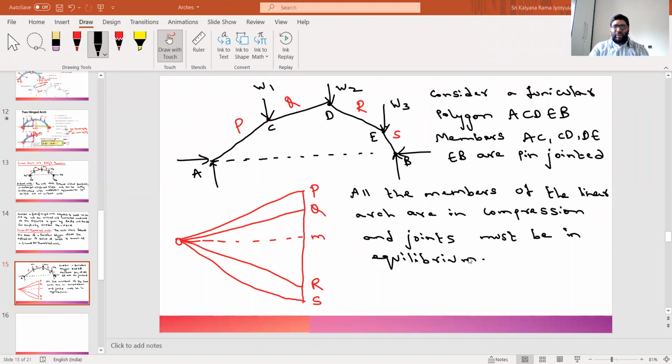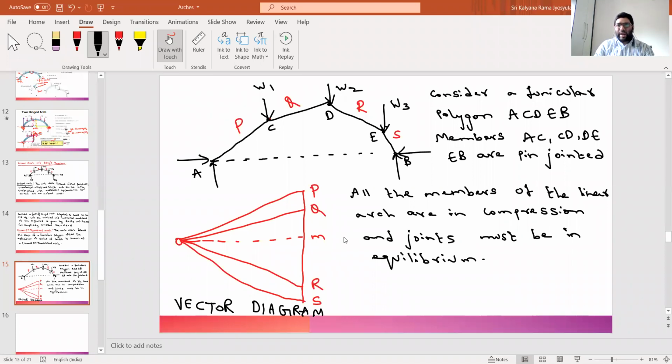Now considering this, this is actually a vector diagram. What is this? This is a vector representation, or vector diagram. What does this represent? Each and every portion of the linear arch has been shown in the form of a vector. You already know what a scalar and a vector are, which have direction and magnitude. That's how we are representing the entire theoretical linear arch as a vector diagram.